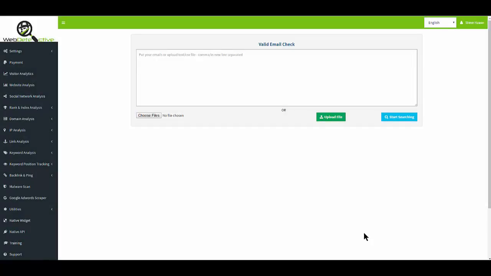The next tool I really want to talk about is the valid email checker. This is an email validator that will go out, and you can either upload a file with your email list, or copy and paste your emails into the validator and have it check for valid emails. I have a list that I've prepared right here, and I'm just going to copy and paste a few of these in here